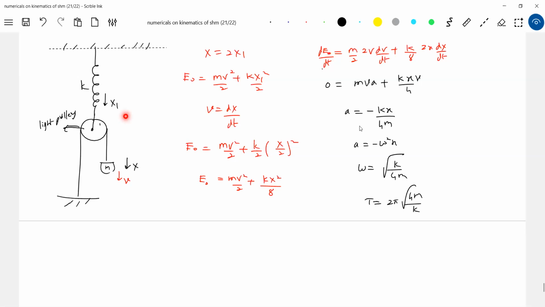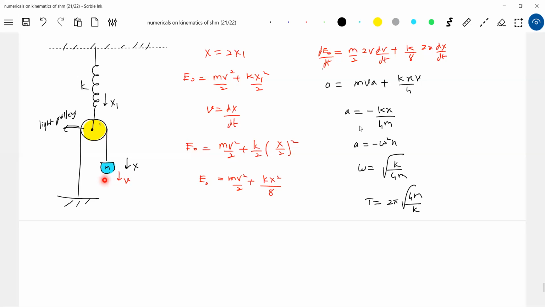So like this, you get so many constraint equations, and many springs will be brought in. This energy method will help us a lot. It will save our time. We need not bother; I think there's no need to write in detail. Directly write this: replace x1 in terms of x, and if you differentiate, this will be 0. You can directly write this equation. So in 2-3 lines, you can end the answer.